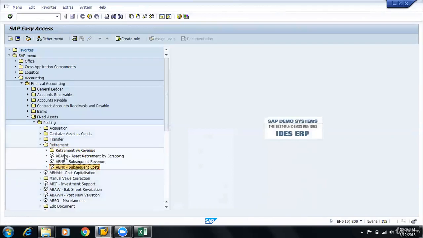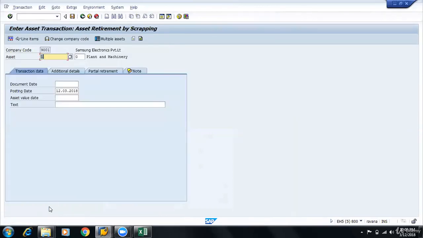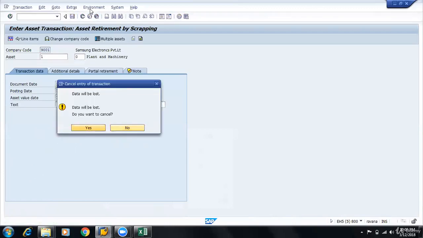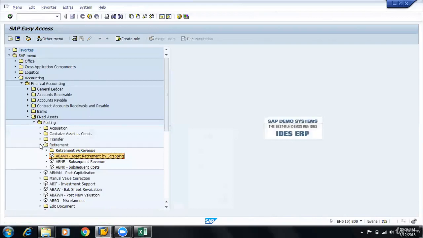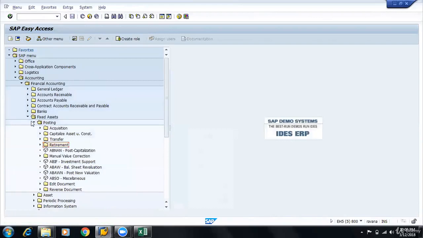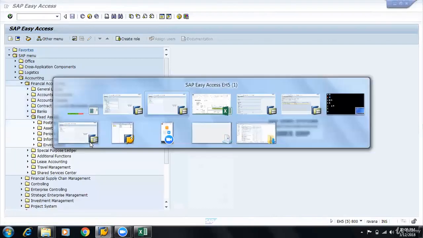Where are my scraps? It is here. ABAVN, asset retirement by scrapping. This is much more simple where you don't have an option of entering a revenue as you had in the previous screen. You only enter the date and post. Okay, so just try it for yourselves. These are pretty simple things. Next, a very important thing